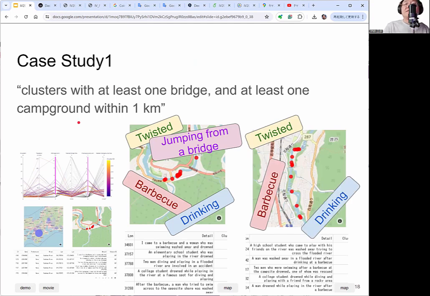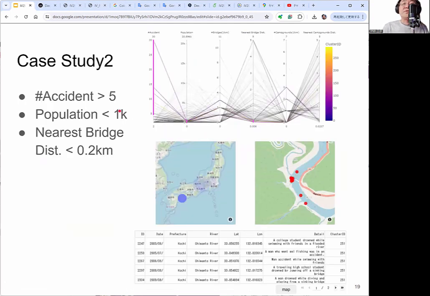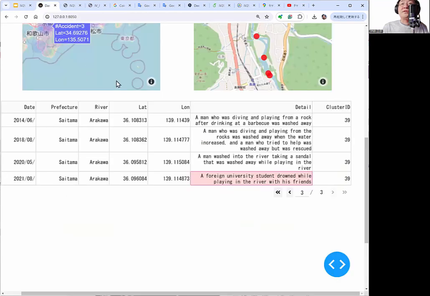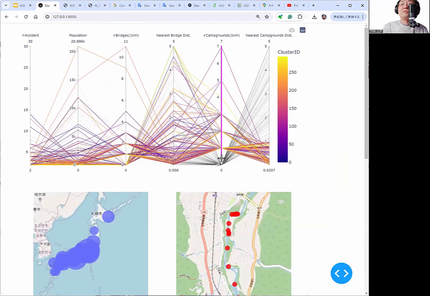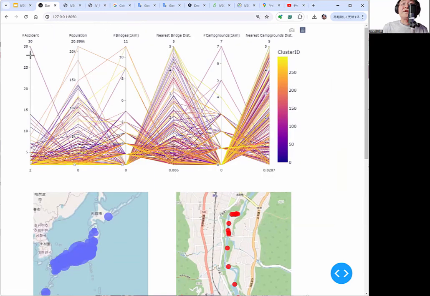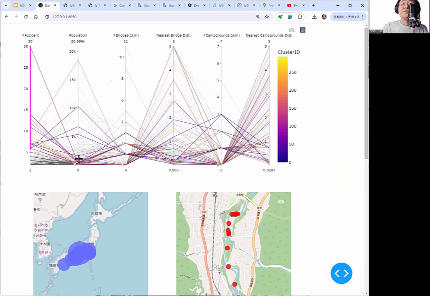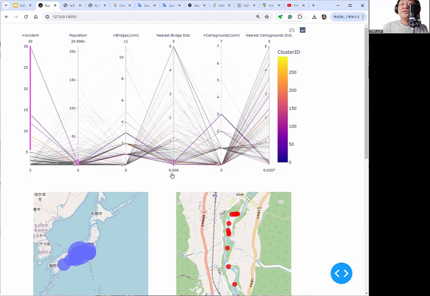It's similar. So next example, we select the number of accidents over 5, population under 1,000, and the distance to nearest bridge under 0.2 kilometer. So low population, and near to a bridge.